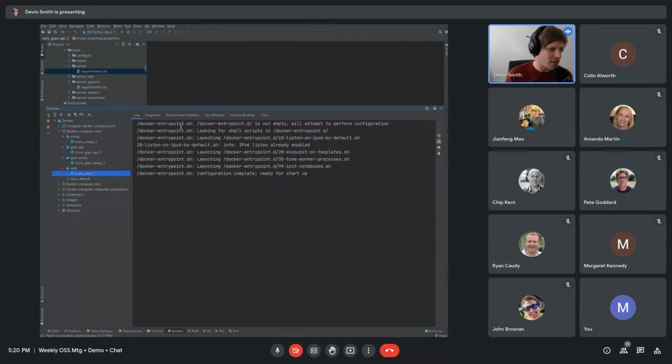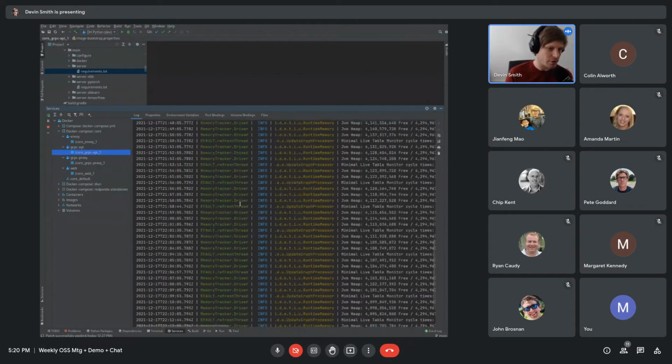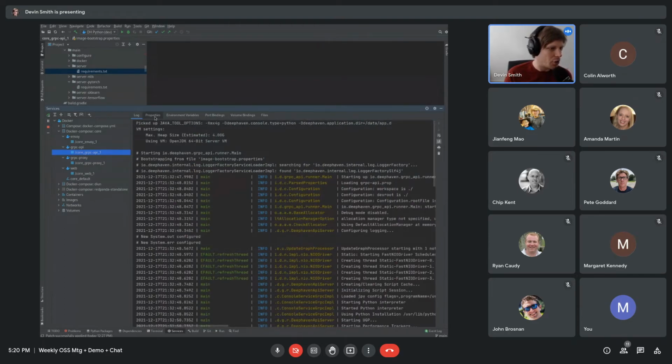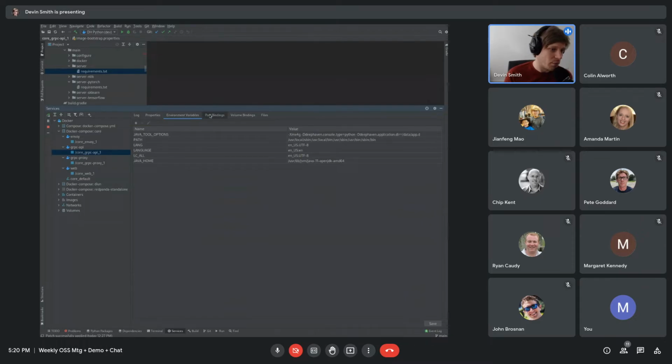All of these have access to the logs, which is pretty useful. We can go ahead and scroll down through here just like a normal terminal. You can go look at the container properties, the environment variables. gRPC doesn't have any ports, but Envoy has some ports bound, so you could look at the ports, volumes,